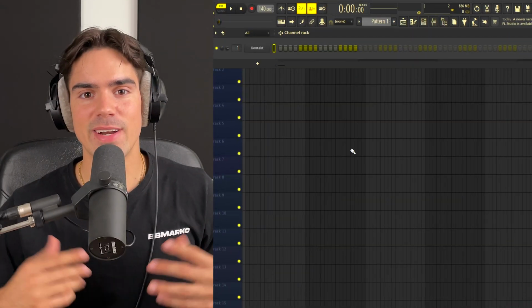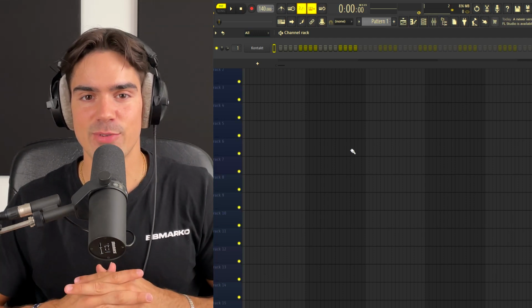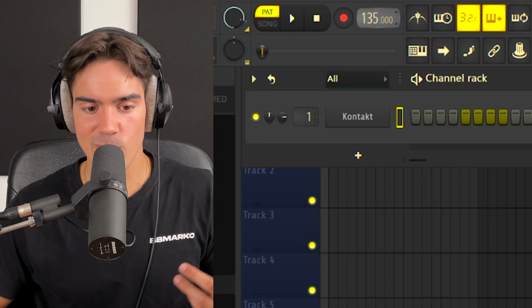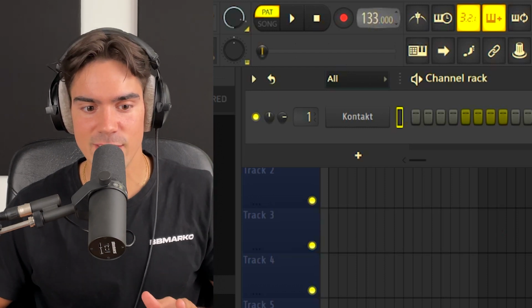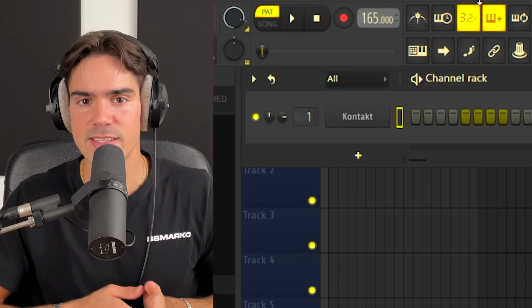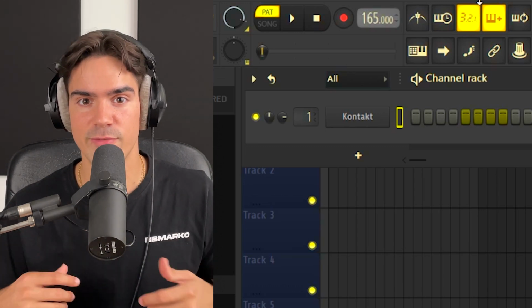Alright, so we are now here in FL Studio 21. First things first, we need to obviously pick a BPM for the beat. Now usually I actually go a bit lower than 140, but in this case we're actually gonna go something like 165. So something in between 160 and 180 is pretty much gonna be perfect for this vibe we're going for